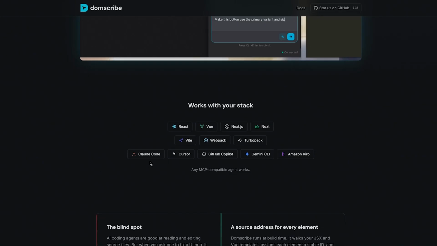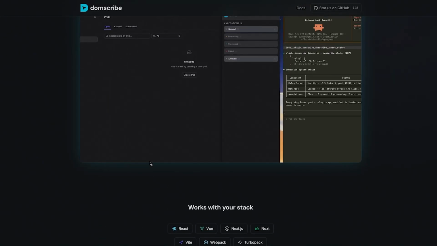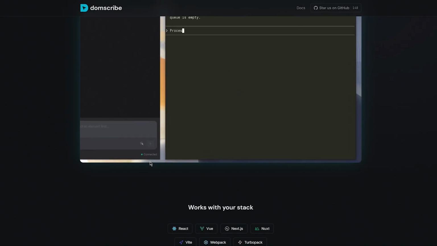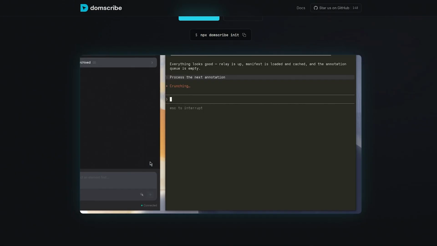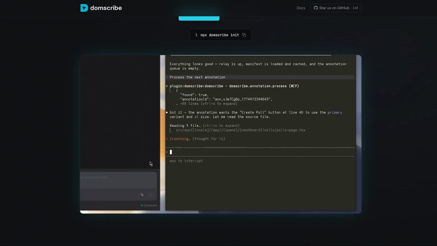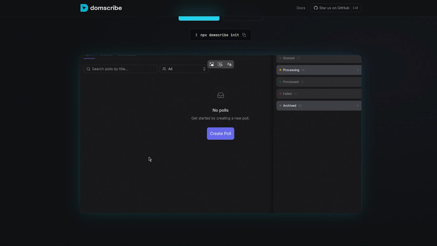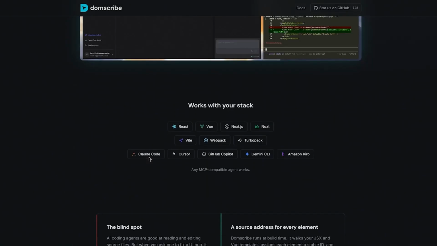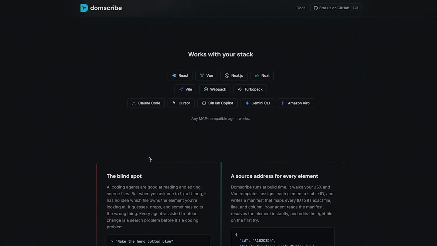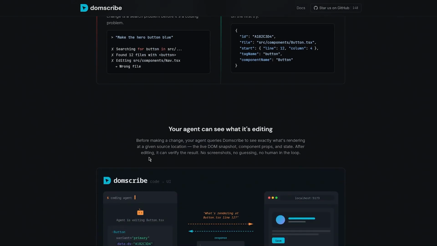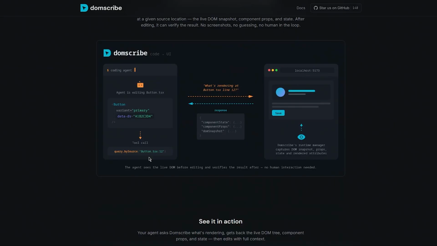Now, Domscribe shines when used with multiple AI agents. Each agent can take on a specialized role. One handles structural fixes, the other optimizes CSS and animations, another verifies responsive behavior, and yet another handles accessibility compliance. The UI broker coordinates these agents, ensuring their edits don't conflict and that all changes integrate smoothly. You're essentially building a whole team of AI developers that work together seamlessly, guided by your objectives and monitored through